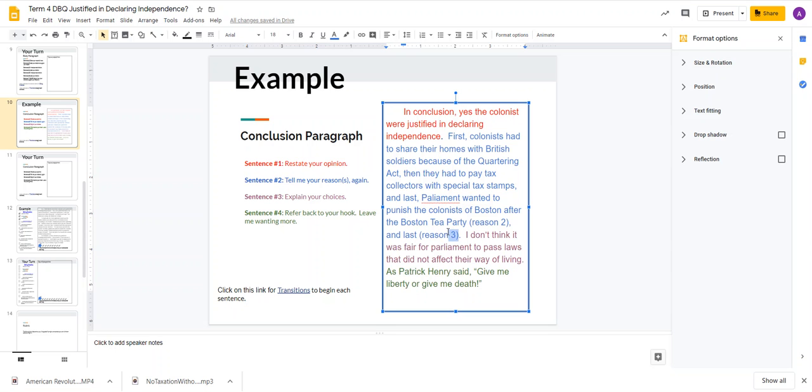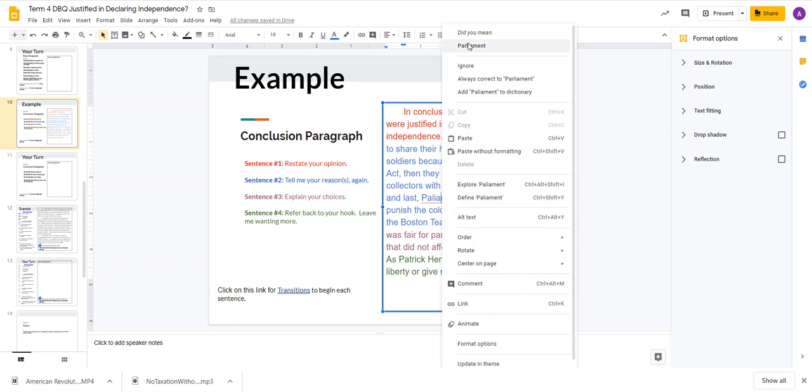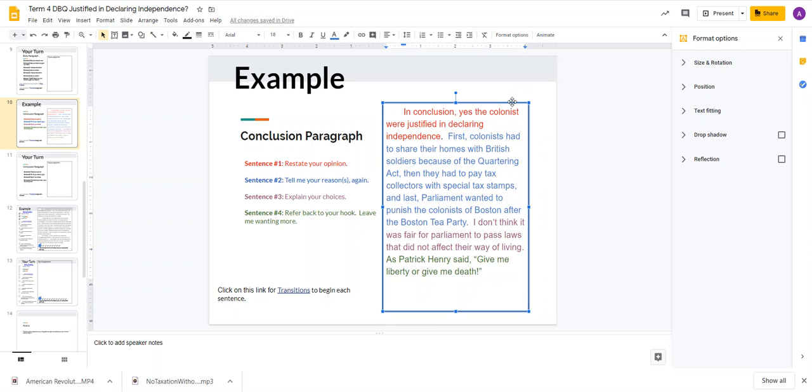So I gave all three of my reasons again, but I expanded a little bit. I summarized. I added not just my reason, but a teeny bit more from my citation. What I mean by that is my first reason was colonists shared their homes with British soldiers. But my citation was about the Quartering Act. So I added that in there. That's explaining or expanding, okay? Now,